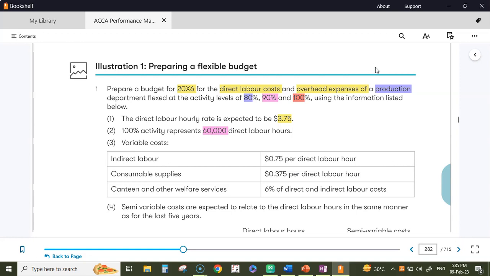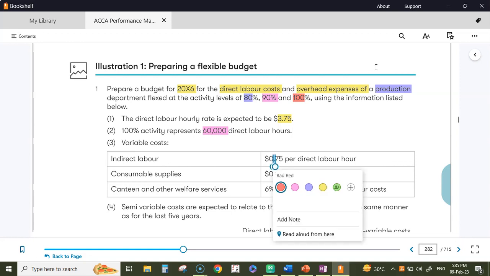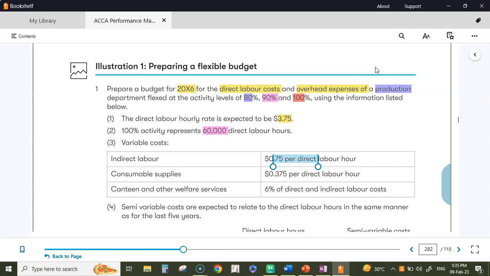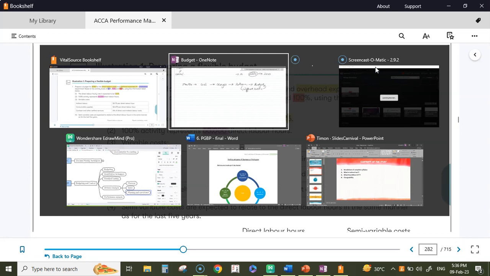The variable costs are as under: indirect labor 0.75 per direct labor hour, consumables 0.375 per direct labor hour, canteen and other welfare 6% of direct and indirect labor cost. So you take 80% for example, or 100% for example. So let me just open an Excel file.